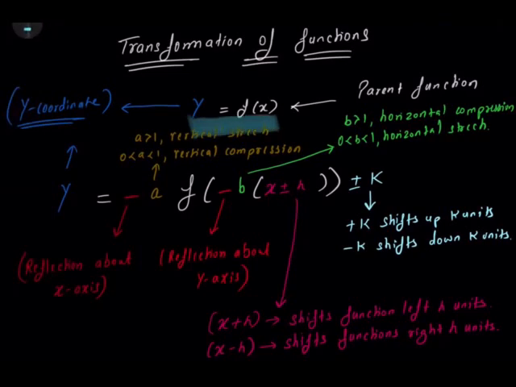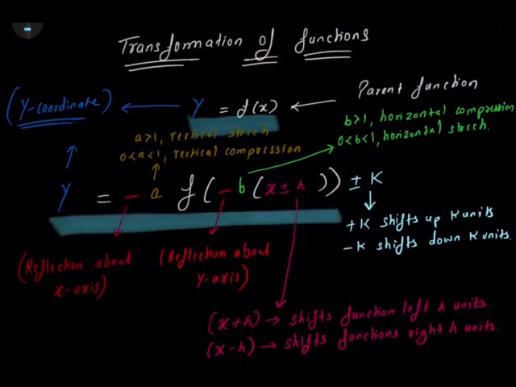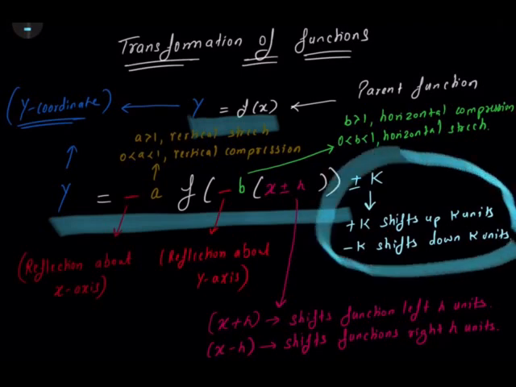Now the transformation happening to this function as compared to what is written over here. You can clearly see the parameters that have been introduced and how they affect the transformation of the function. For say this k value, if we add this k value to our original function y is equal to f(x), we'll see that if k is positive, it's going to shift up k units. If it's negative, it's going to shift down k units.